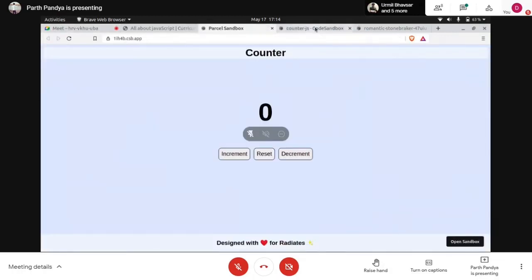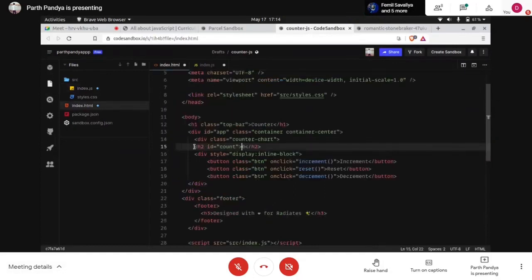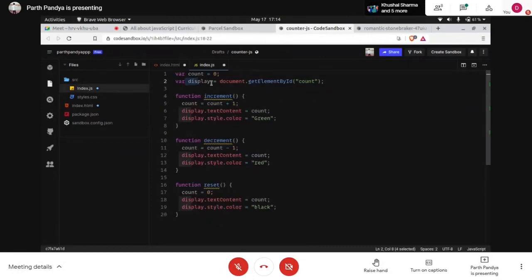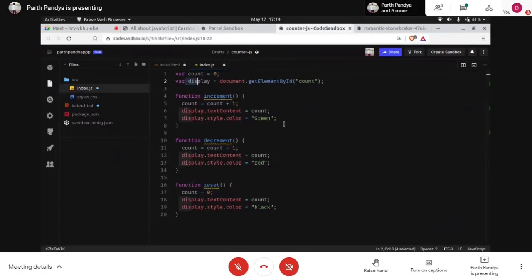So let's get back to this code again. We have defined a variable count equal to 0, set to 0 initially, and then we have created an instance of an HTML element, this heading element defined on line number 15, and we want this to be changed whenever a button is clicked.